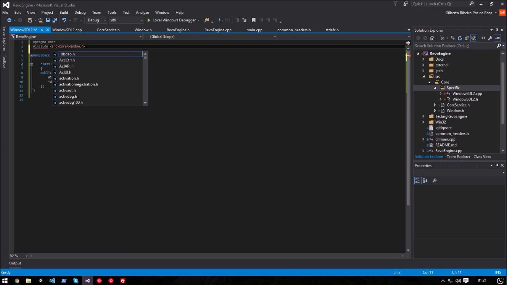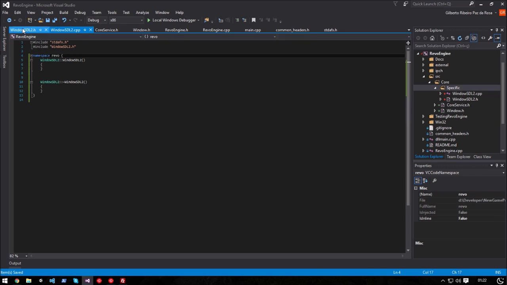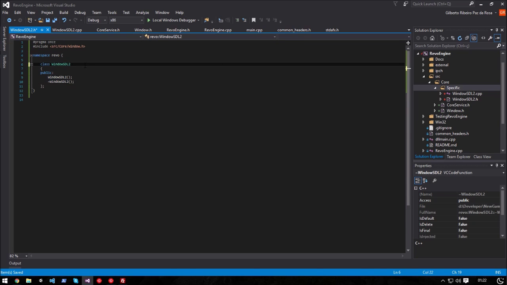I'm going to put this as an include because it's prettier, and we don't need a dot window. We just use the project include folder itself. So here it is, window. So in here we inherit from window,